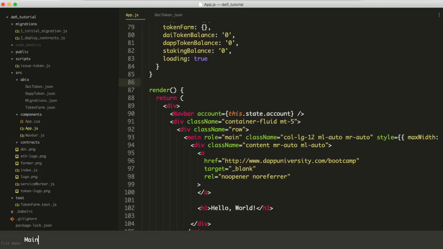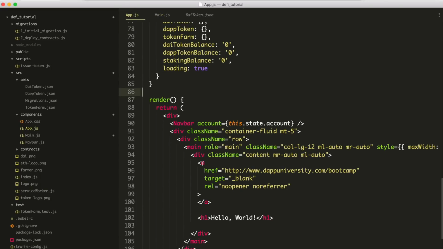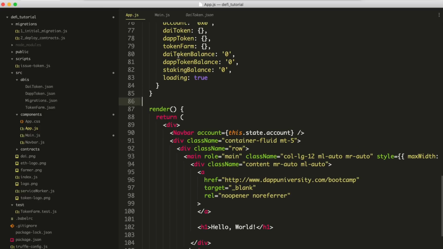we'll call it main.js. So we've got this app.js component and we have a nav bar, but now we want to add the main component. The reason we're going to do this is because we want to make this loader work. When the app is loading, we don't want to show the content yet, but once it's loaded, we want to show it on the page, because we need the right information in there in order to make it work. So what we'll do is copy this